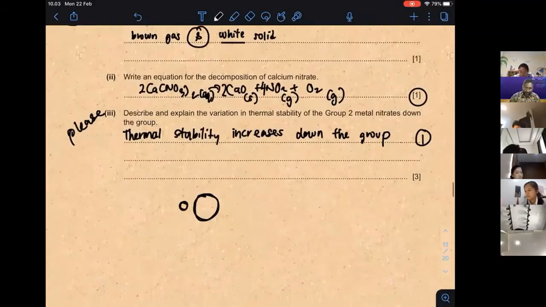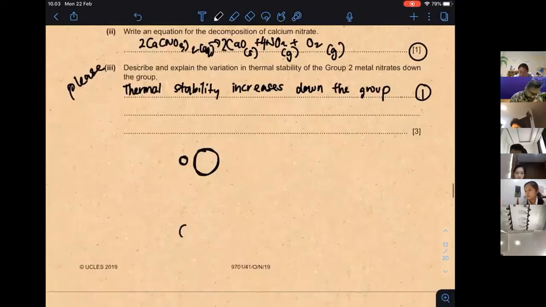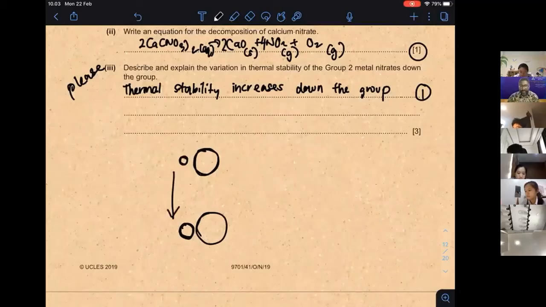If I have a bigger cation, when I go down the group, I can see the cationic radius, or the ionic radius, increases. Or to be more precise, since I'm not talking about the anion, I say the radius of the metal cation or group 2 cation